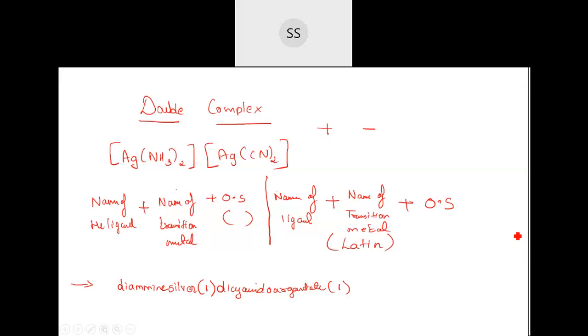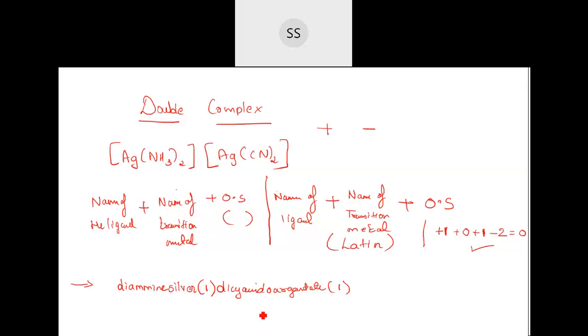I'll write it down here. If I write 1 here, ammonia anyway is 0, plus silver we have given 1, and then plus cyanide is minus 1 into 2, so that is minus 2, equal to 0. You needn't give a gap here, you can write continuously. Don't give any gap. After this bracket, you will have the next name. So I was telling whether it agrees, whether you get the whole complex as 0 charge: plus 1 and plus 1 plus 2 minus 2, so it is 0. That means it is correct.